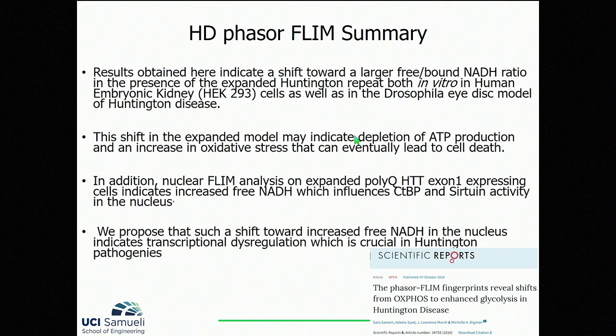So just to summarize the first part of this example, the phasor FLIM approach actually allowed us to quantitatively monitor the change from glycolysis to oxidative phosphorylation to glycolysis in cell cultures as well as in the eye disc Drosophila model. And within the nuclear compartment, we noticed that exon 1 expressing cells increase the levels of free NADH that influences both CtBP and sirtuin activity in the nucleus. And that's been shown already by other researchers, but it was important to show the nuclear